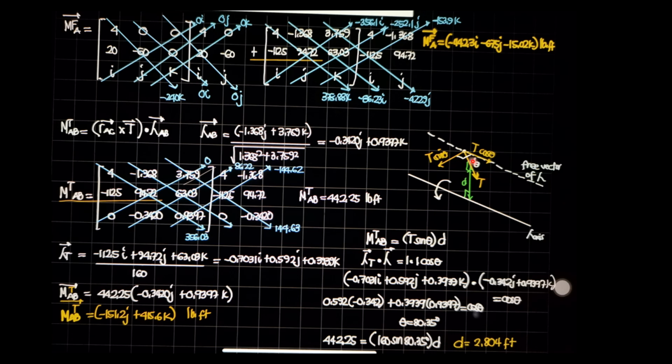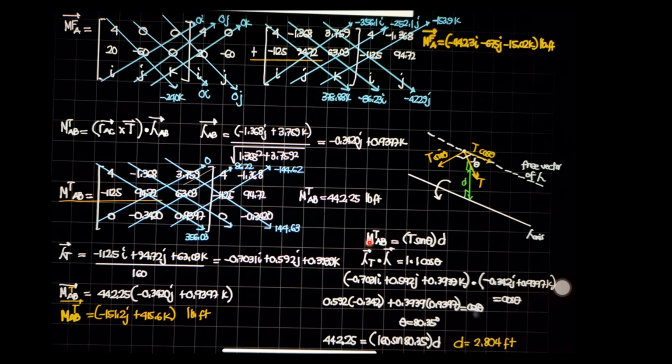So we obtain the dot product of the axis vector and this force unit vector. Now, take note that only this component T sine theta has moment about the axis, because by principle T cosine theta is parallel to the axis. Remember that a force has no moment about a parallel axis. So only this component has moment about this axis here. And its moment is T sine theta times perpendicular distance. And in this configuration, it is positive because the moment calculated is also positive, the magnitude 442.25.